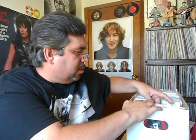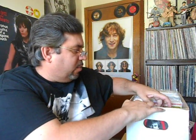I want to get to the real cream of the crop with the, you know, the regular, more vintage magazines. As I look at one more Strawberry Fields Forever. This is the Eric Clapton and George Harrison tour for 1991. Too bad George didn't tour a lot more than that. And here's another Good Day Sunshine with Paul on the cover. Alright, so we're done with that. Well, what I got in the front here is,